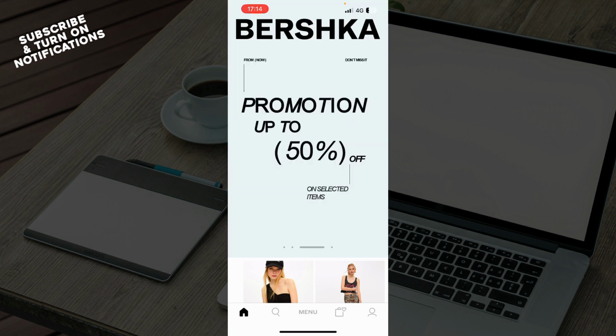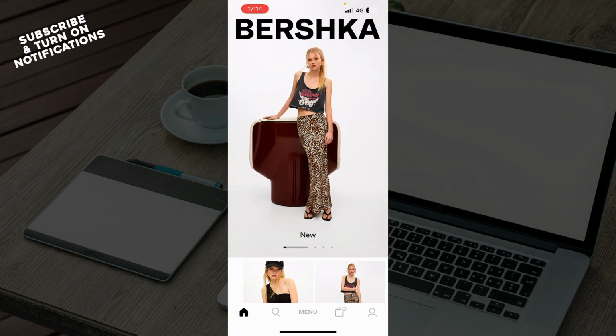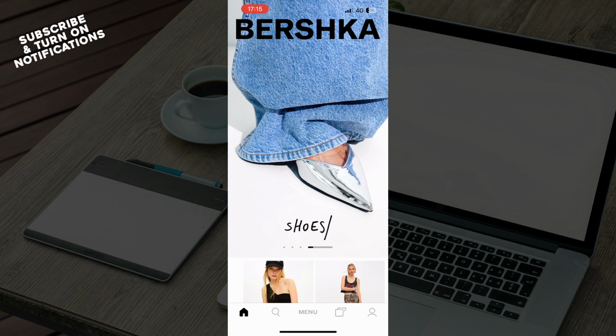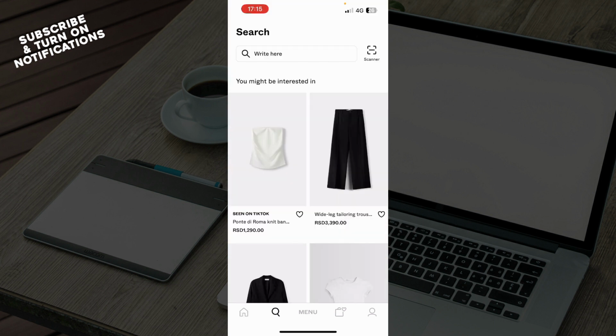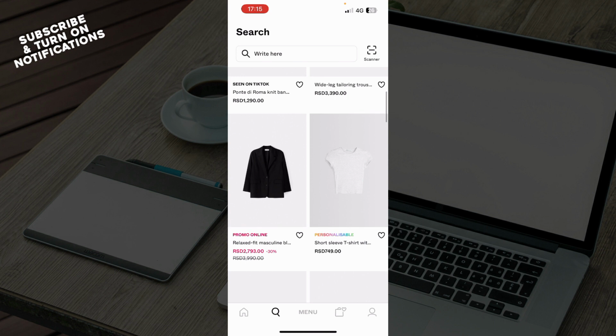Here we have the home screen where we have some promotions, we have some new stuff that Bershka is having and is promoting on the homepage. We have the search bar where you can go and search for anything. You have some things that you might be interested in, that they think you would like, and that's why they are